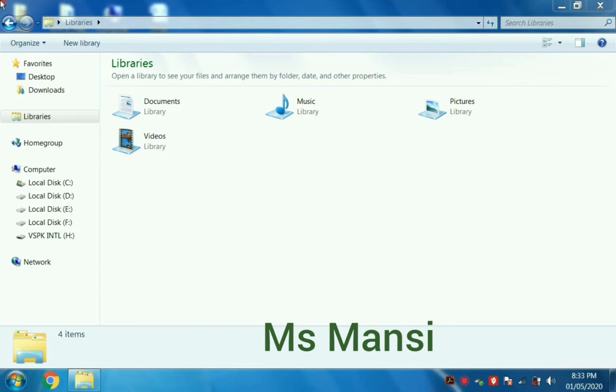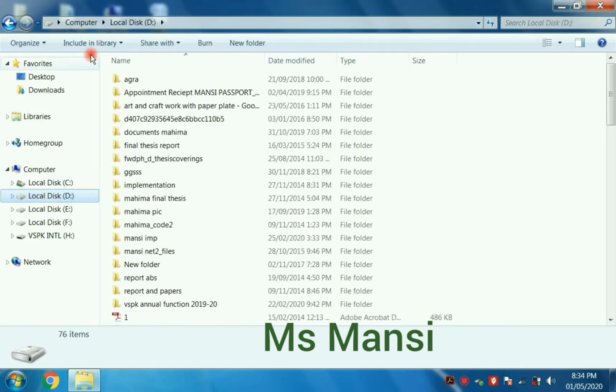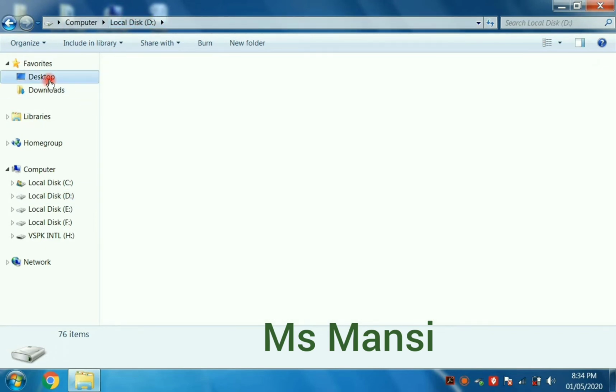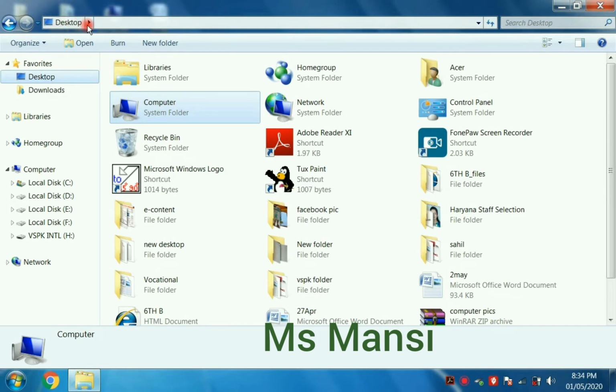Students, now I will explain the components of Window Explorer. See here, this is the address bar. Library is selected, so that's why in the address bar library is written. If you click on any drive, like I have clicked on local disk D, see, the address has changed. It is computer folder and subfolder is local disk D. If you click on desktop, the address changes to desktop.